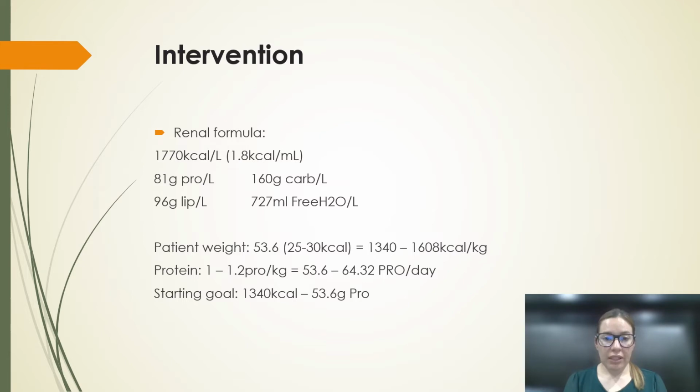I put the patient's current weight, which is 53.6, and because she's underweight, I put a minimum and maximum requirement of 25 to 30 kilocalories per kilogram. It gives us a minimum of 1,340 to 1,608 kilocalories per day, and the protein,